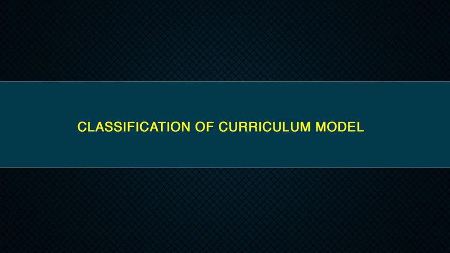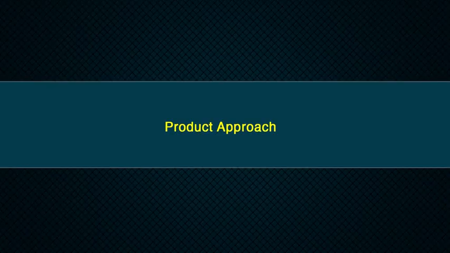Next, let us move to classification of curriculum models. Although there are many curriculum models, all the curriculum models we majorly put under a classification called product model as well as process model. Product approach. The type of curriculum which aims at knowledge as an end product is known as product model. This type of curriculum model gives due emphasis on the knowledge in the form of information, skills, attitudes and values. The learning will take place based on the intentions